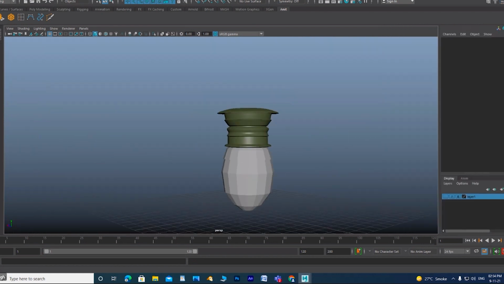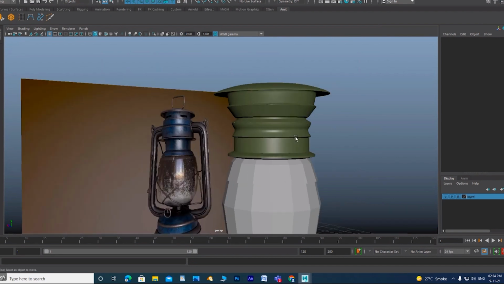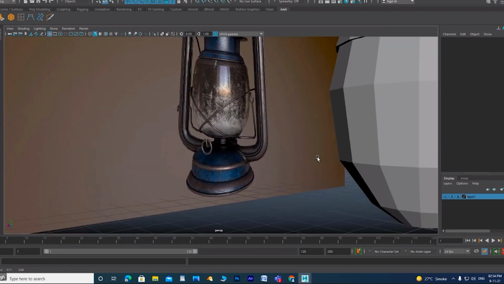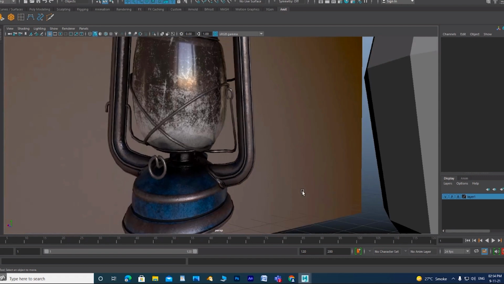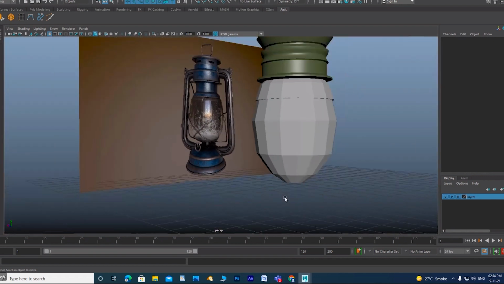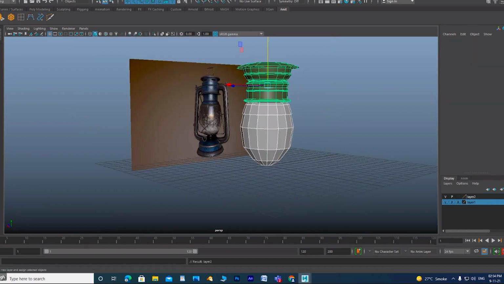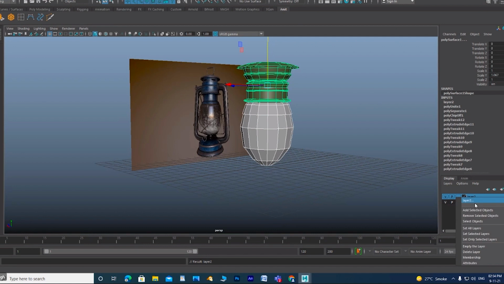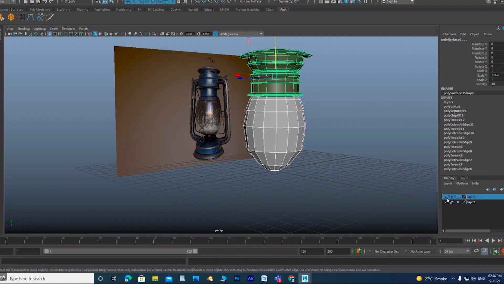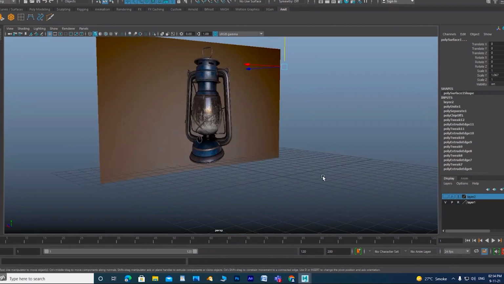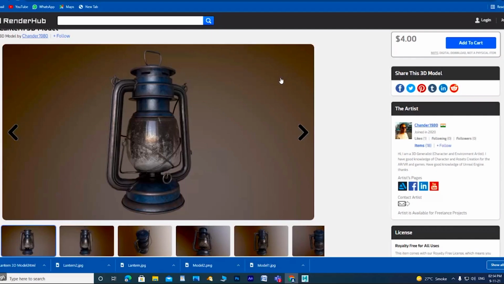If I bring back this image, let's come to this part, the second one. Select all of this and go to another layer. Just hold down.